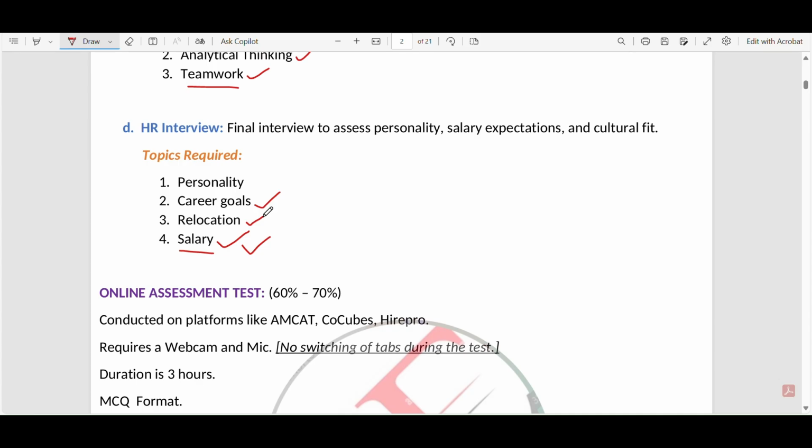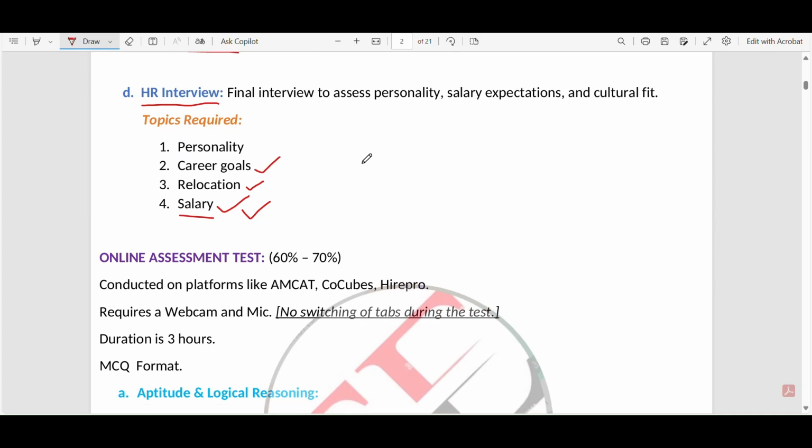They will ask like that, and you have to say yes for sure. And that's it about the HR interview. If you answer everything confidently in the HR interview, then you will definitely get the